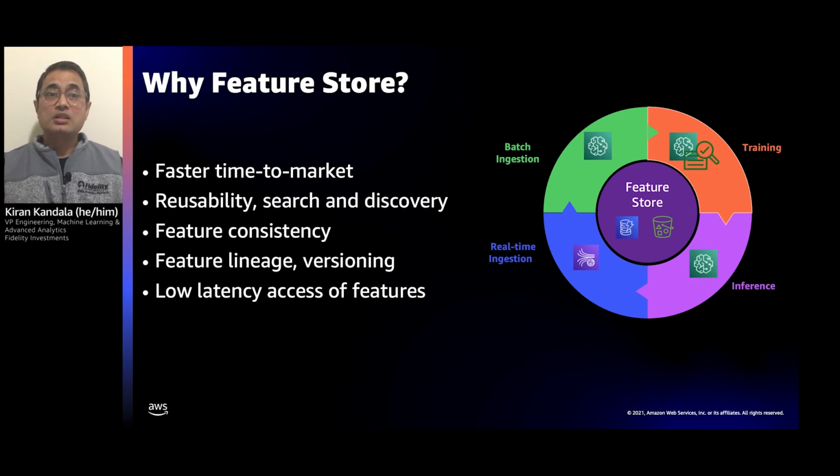As the saying goes, garbage in, garbage out. Quality features are required to be able to produce quality predictions. We should be able to easily measure the quality of the features using tools like Deequ by pointing them to a feature store. Low latency is another key factor wherein real-time models should be able to retrieve features in a low latency pattern. Overall, feature store enables all this by treating features as first-class entities.